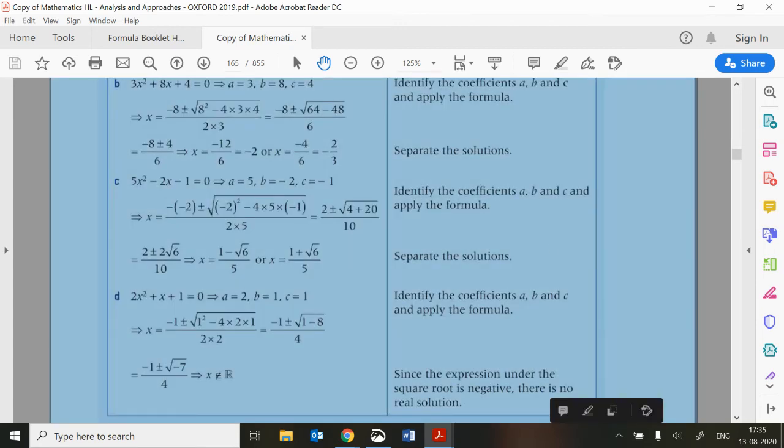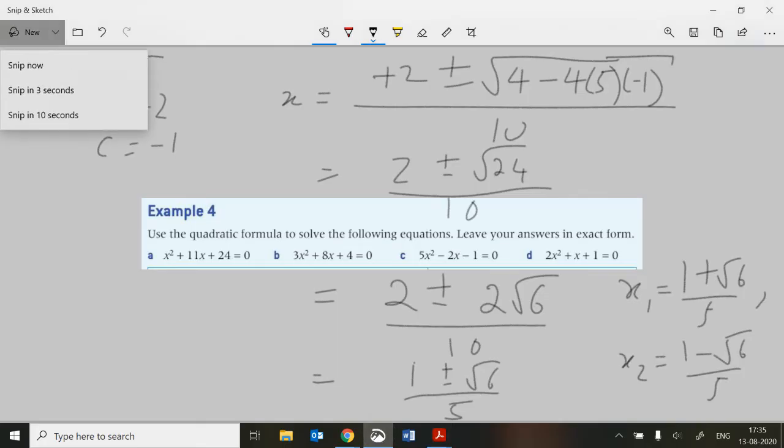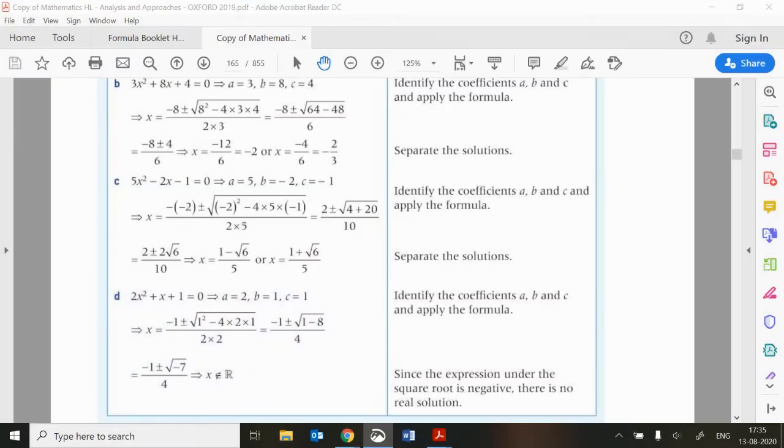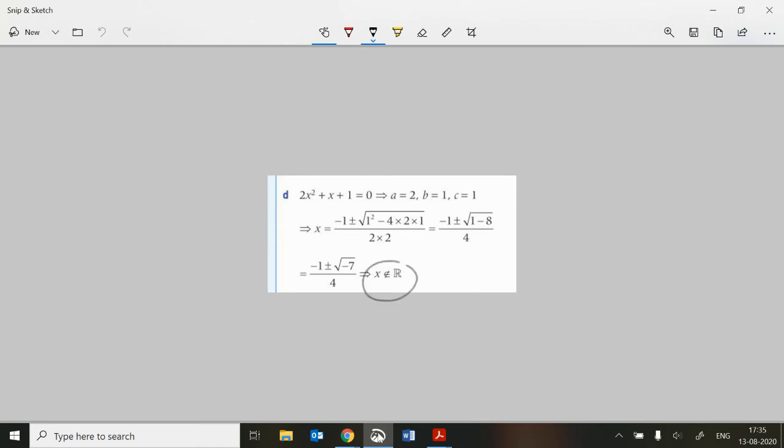What's interesting, perhaps, in the case of part D, which is why we're building up the complex numbers, is that they say here that x doesn't belong to the real numbers. So have a quick look at this one. Your final answer is this. That's fine. But if we're talking about finding real solutions here, so numbers which are on the number line for x, and not numbers which are somewhere on our Argand diagram, in other words complex numbers, then this would not be a valid solution. Now, if we're allowed to use complex numbers as well, then we can definitely say that